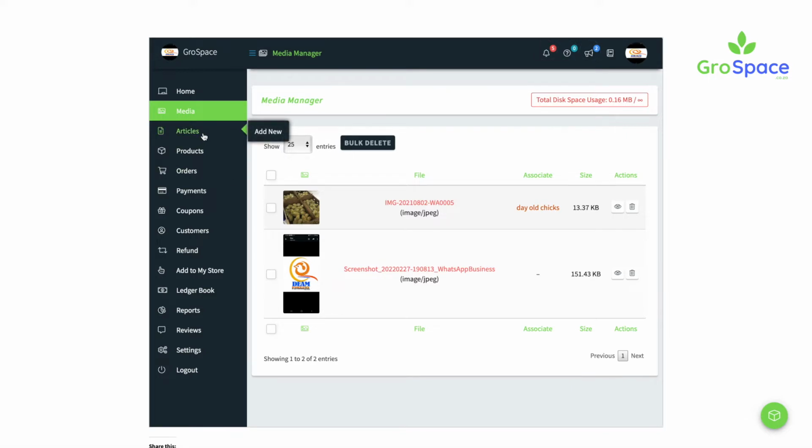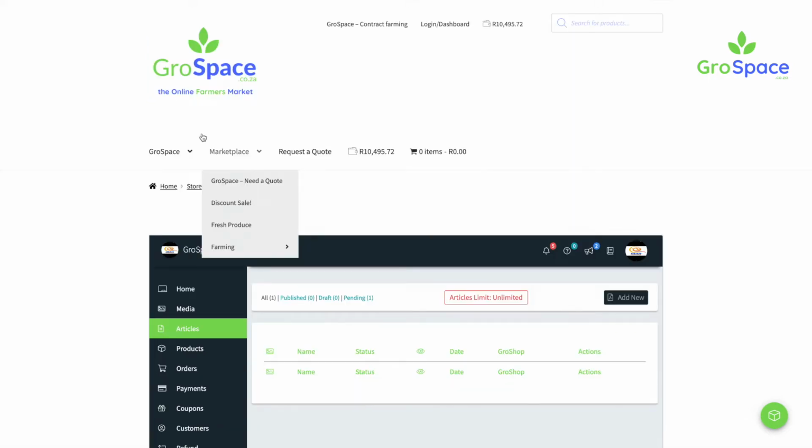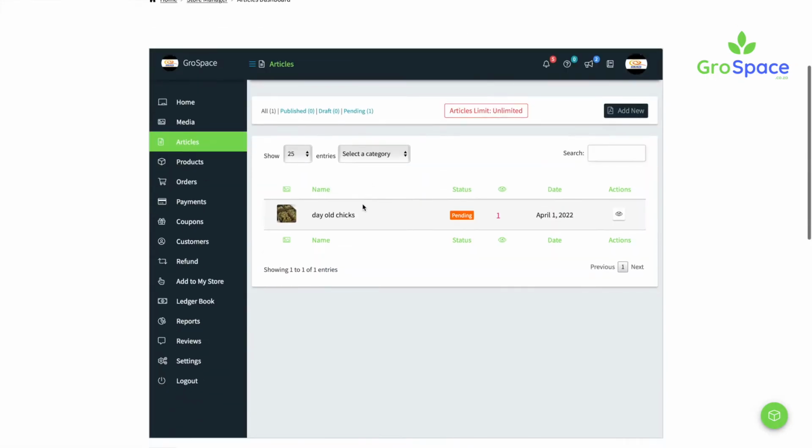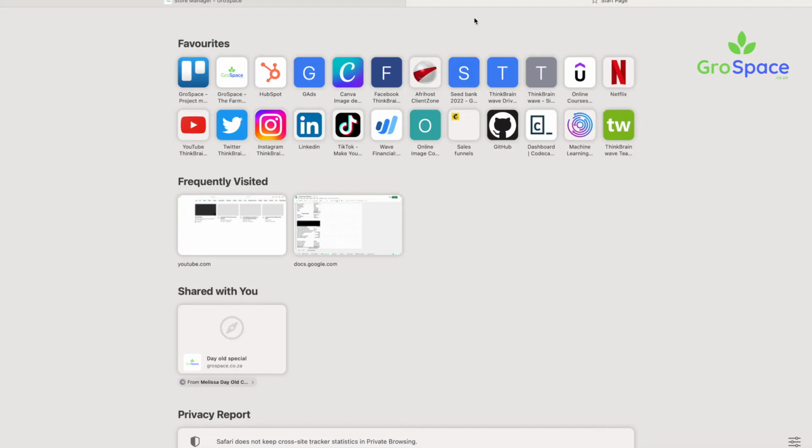Over here we've got articles. Now articles are very important. If you want to do long-term marketing for your business, you want to put up an article. An article is just basically a blog post that people can read about on the internet. So just imagine now you go and do a search on the internet for,